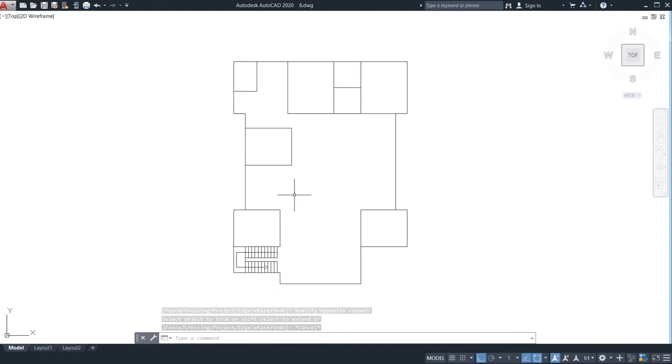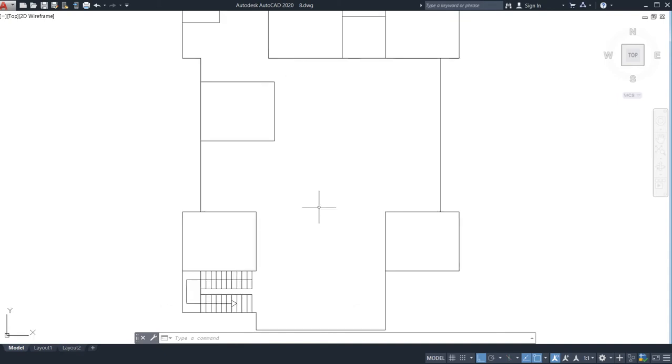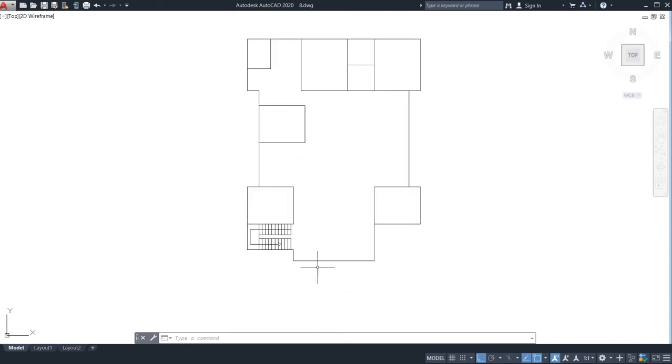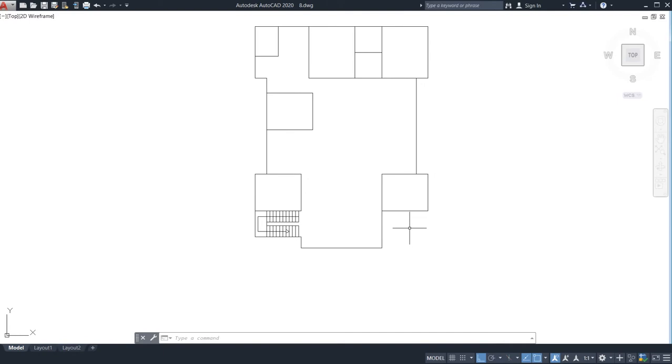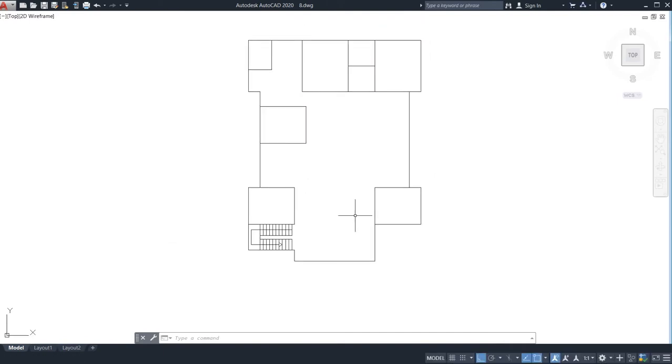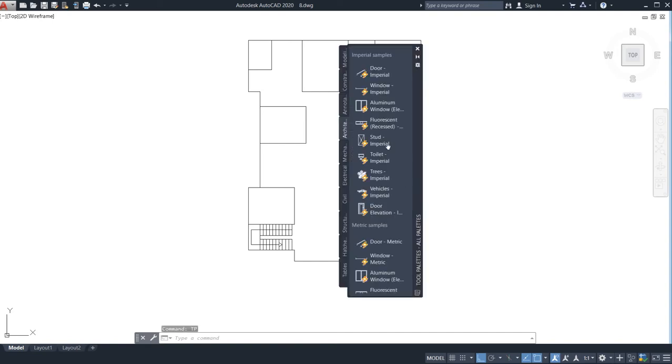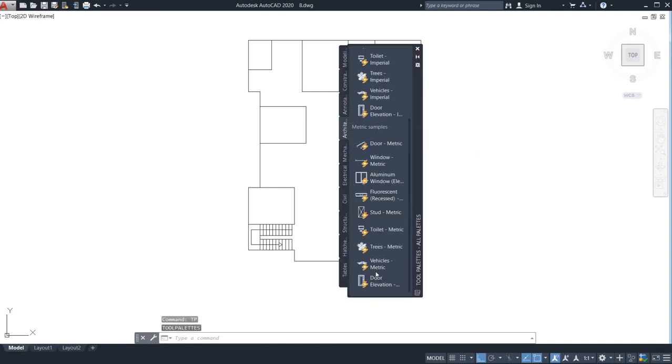I will attach every text. You need not worry about it. After that, what I need to tell you is that this will be my porch, right? This will be some spaces. After that, go for the tool palette, TP, the shortcut key for the tool palette. Click it here, go for the architecture. After that, go for the trees metric, click it. Now click anywhere. Now I need to go for the toilet imperial. So just go, and I have taken both of these, right?